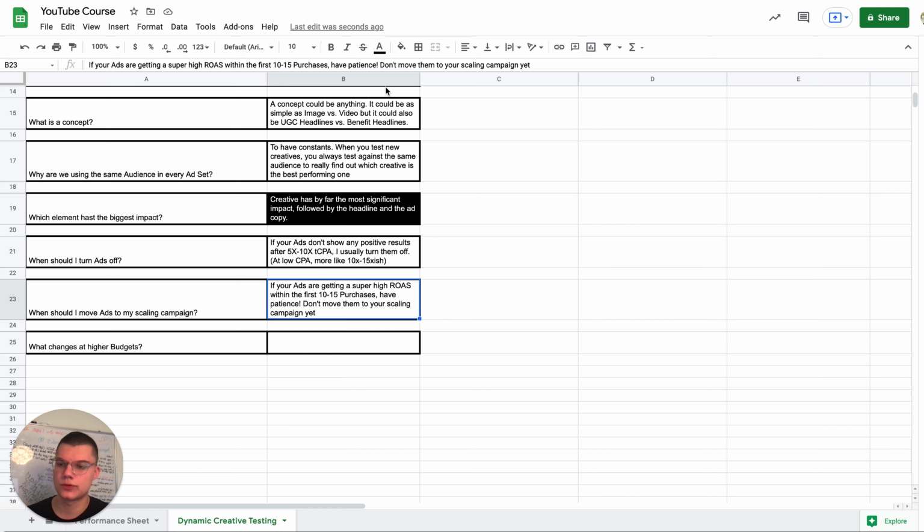The answer to the question, when should I move stuff to my scaling campaign, is when you're consistently getting good results. Not within 10 to 15 purchases. This could be 50 plus purchases. At 50 purchases, it's a good benchmark. Before that, I wouldn't move anything to a scaling campaign or try to scale stuff,